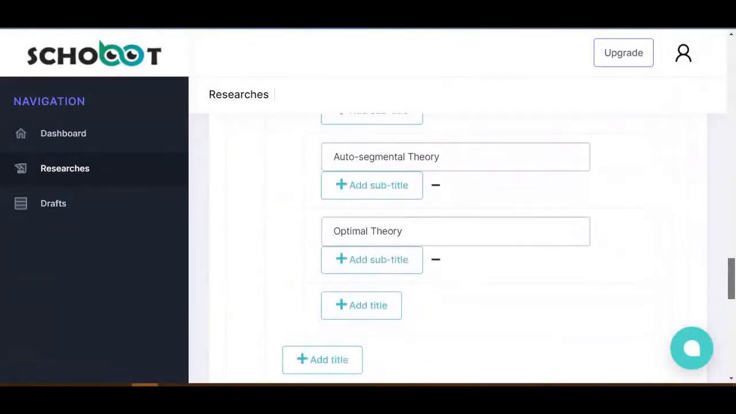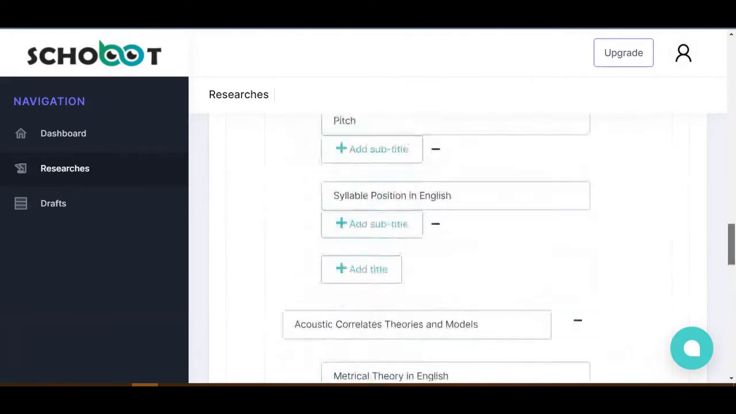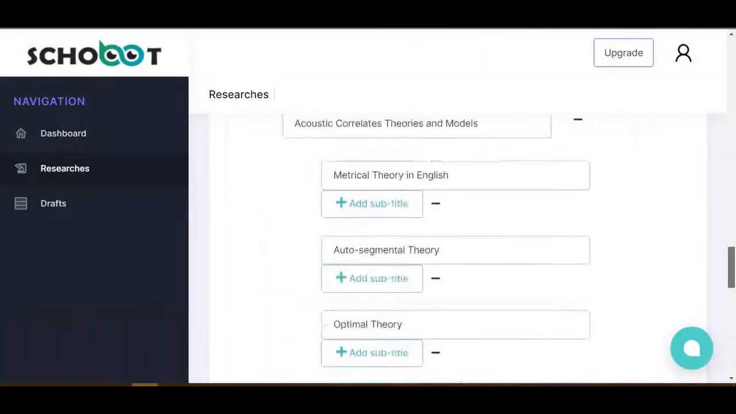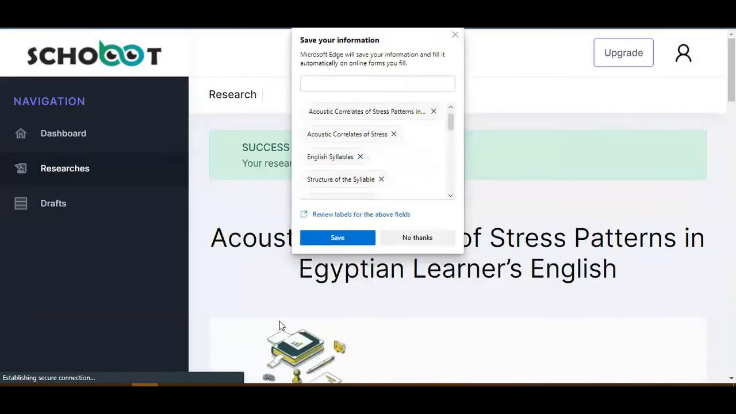For example, we have here factors affecting the production of stress patterns. We can add in English also to make it more specific here, English proficiency, instead of just writing the word proficiency. So we make it more specific. When we're done with our search or table of contents here, we just create a research. So create a research here,